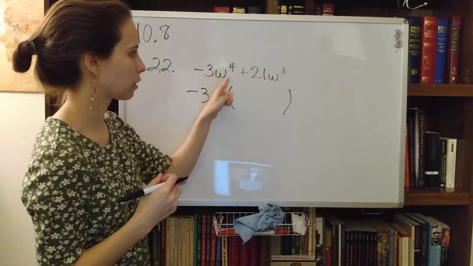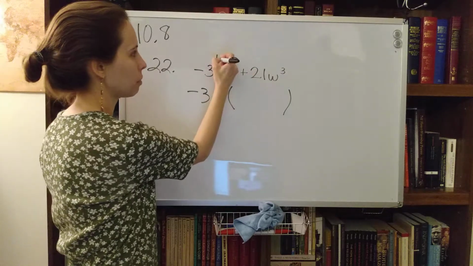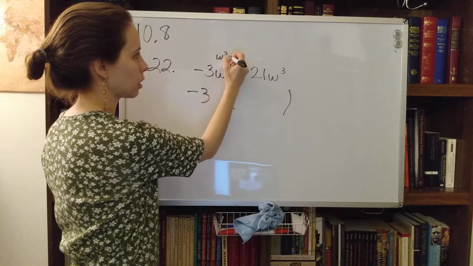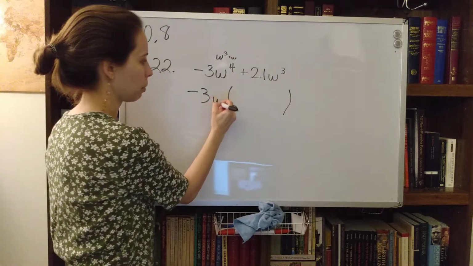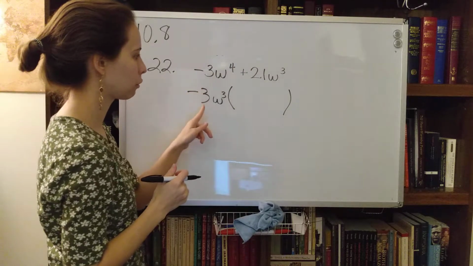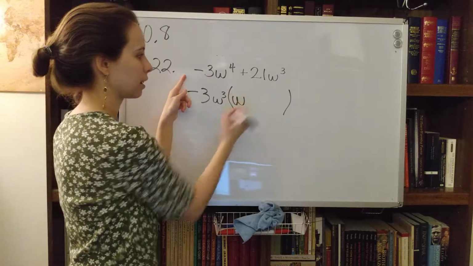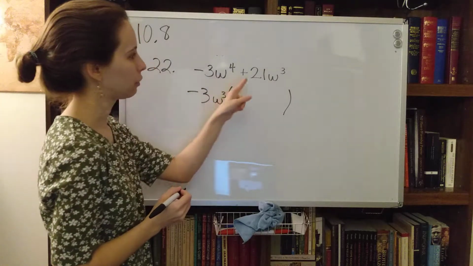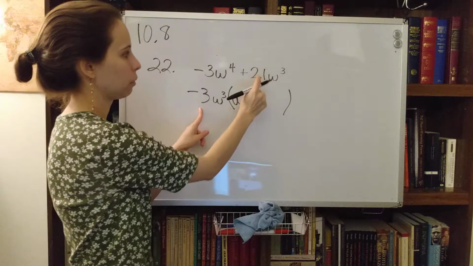We also can factor out a variable. We have w to the fourth here and w to the third here. And if we remember that w to the fourth is actually w to the third times w, we could factor w to the third out of both of them. So now what's left? Well, if we factor negative 3w to the third out of this one, the only thing left is a single w. And if we factor negative 3w to the third out of this one, the only thing left here is going to be